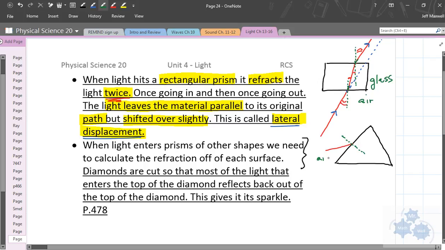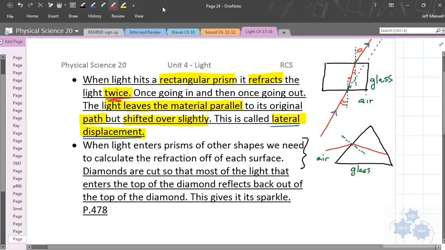So if we have air out here, and this is a glass prism, a triangular prism, then this light ray we know is going to bend away or towards the normal going into glass. Towards. So we got a large incident angle, so this is going to come in towards the normal. Okay? It's going to travel in a straight line